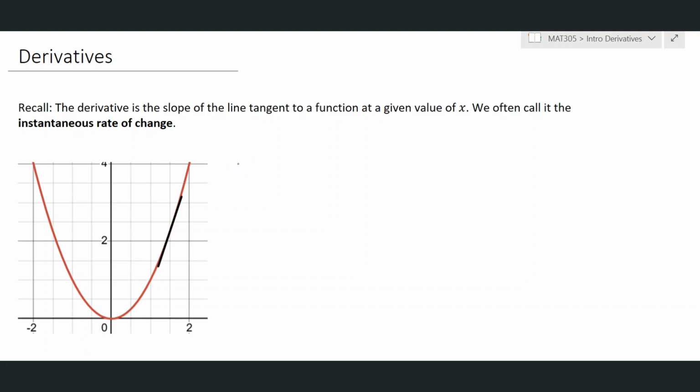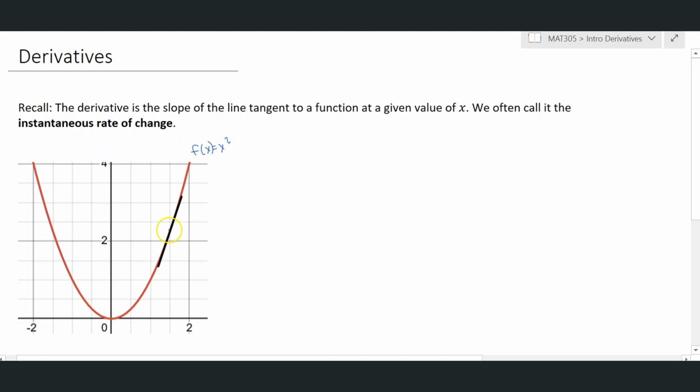The purpose of this video is, more than to introduce the concept of derivative, to recall the idea of the derivative. So the derivative is, in a nutshell, the slope of the line tangent to a function at a given value of x. So for instance, in this sketch of the function f of x equals x squared,